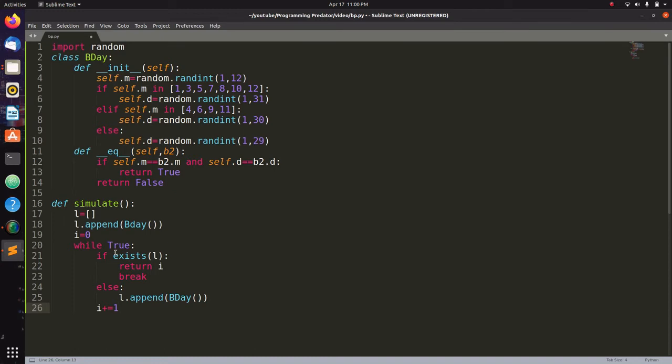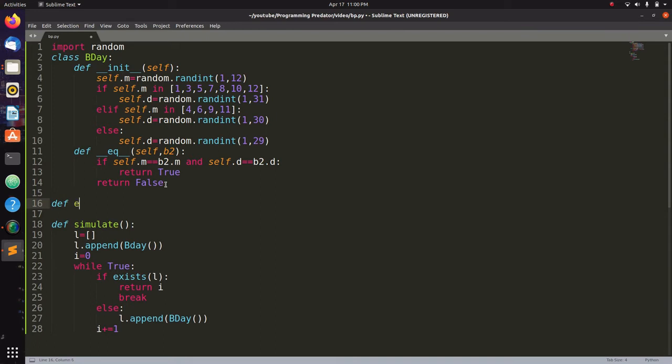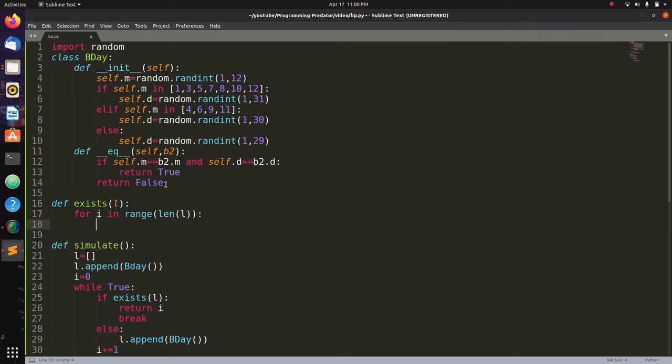So what this exists function will do, it will take in our list as a parameter and it will see if any object is repeated or not. So we'll just write it over here. Now we'll use a for loop, and we'll actually use a nested for loop. It's not the cleanest way, but for simplicity we'll just use it right now.